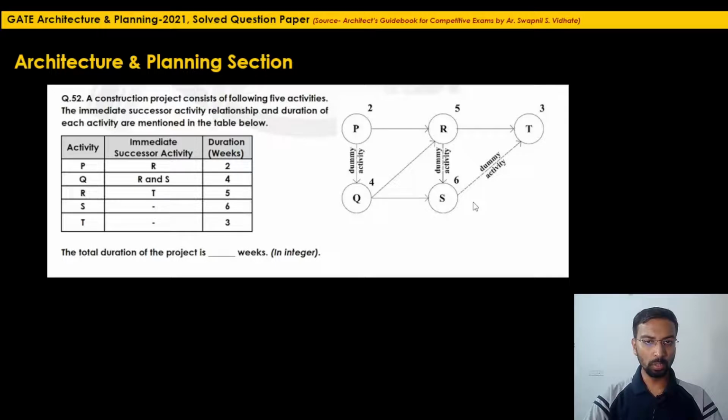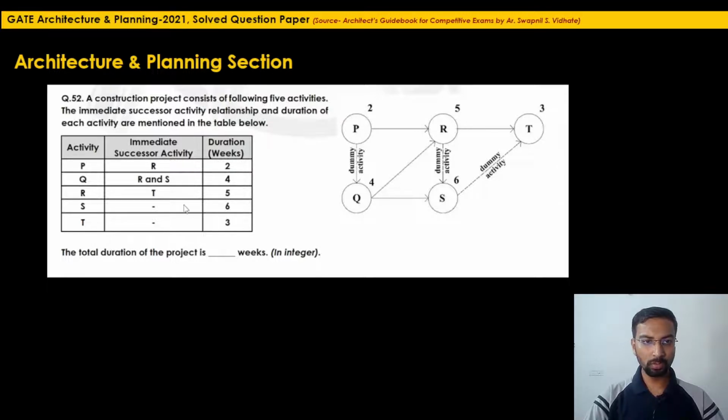Okay. For Q, the immediate successors are R and S. That means there is no relation between P and Q. But if you think it can be in sequence, we can have some kind of a dummy activity in between these two. These two are independent. One can start the P and Q activities at different times. They are not dependent on each other. So they can be started on the same day, but the durations for completion are different, and the only thing is the immediate successor activity R is common for P and Q.